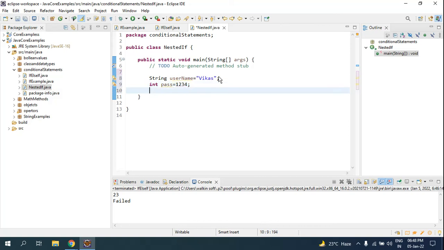Now how this condition works: whenever the username is wrong, I want an error, username was wrong. Whenever the password is wrong, I want to show the username was correct, the password is wrong. So how to do that? Look here, inside the if condition, I'll check username is equal to Vikas.